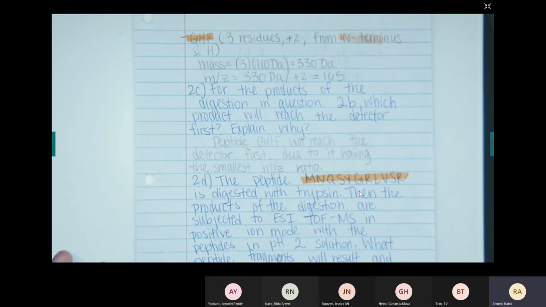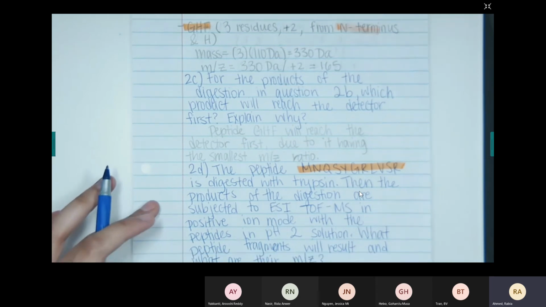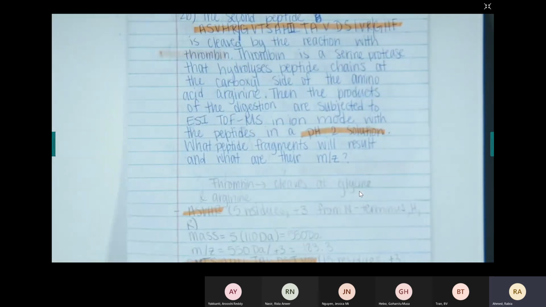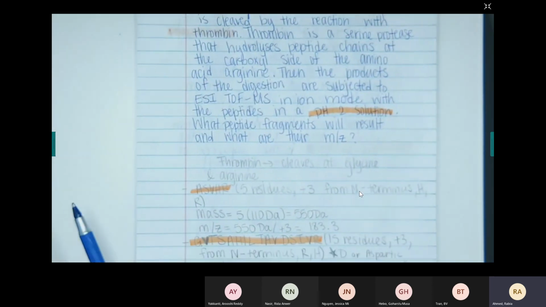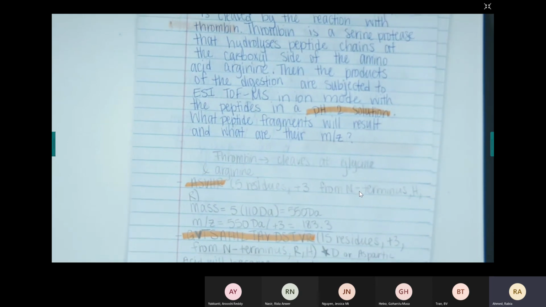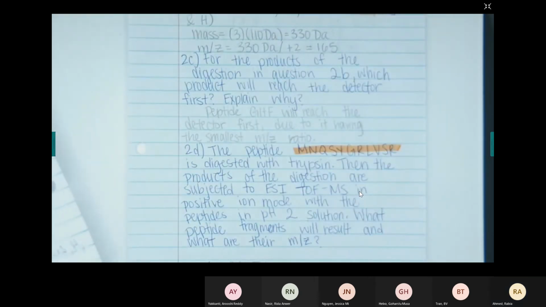And so for 2C, for the products of the digestion in question 2B, which product will reach the detector first? Explain why. So when it asks us a question like that, we have to look at the M over Z value. So we see 183.3, 550, and